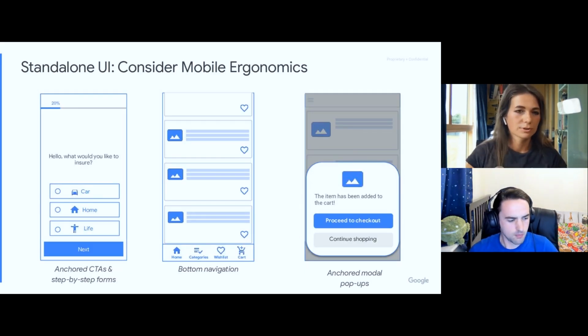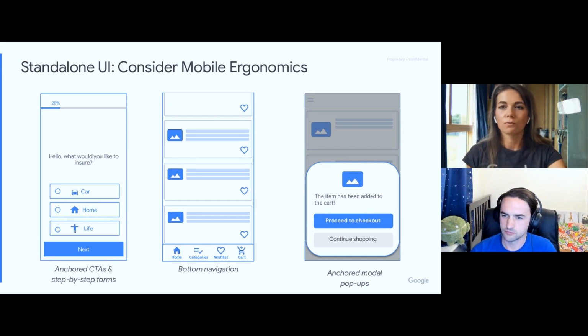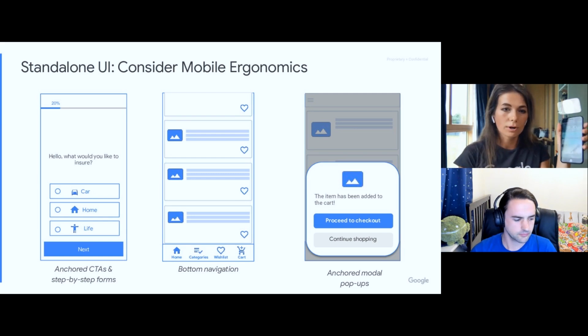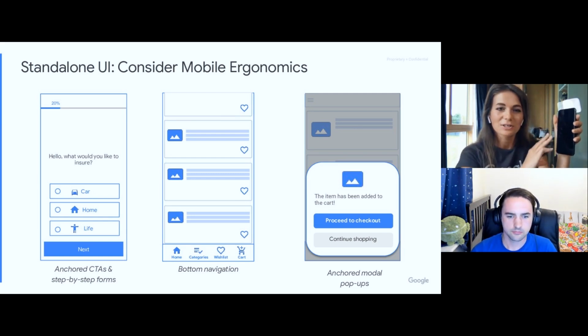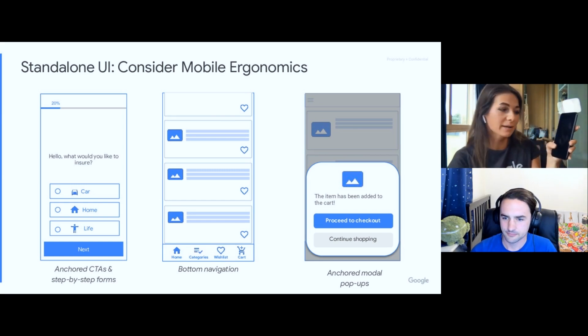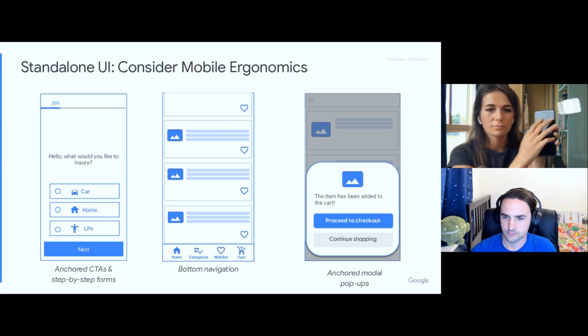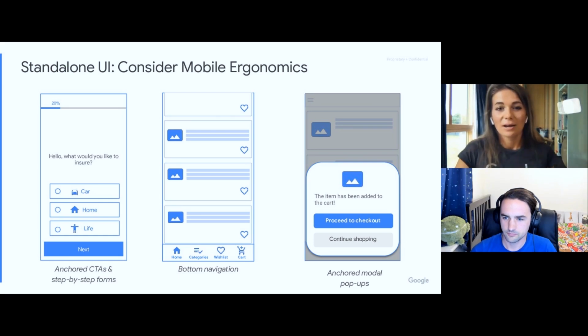Moving on to some design considerations, right? Designing for a full screen also means designing for a longer screen. Specifically on mobile, you can think about this as designing for mobile ergonomics. In general, the bottom of the screen is considered to be more ergonomic, like that's my notifications in there, because if I'm holding my mobile device with just one hand, I don't need to change the way I hold it to interact with the bottom of the screen, right? With the top, I need to engage my second hand. So just have a think of this.